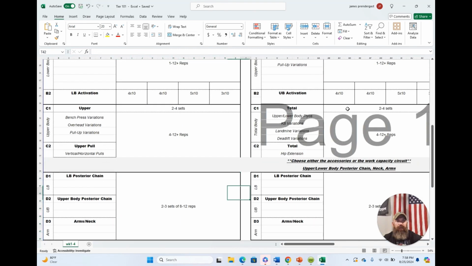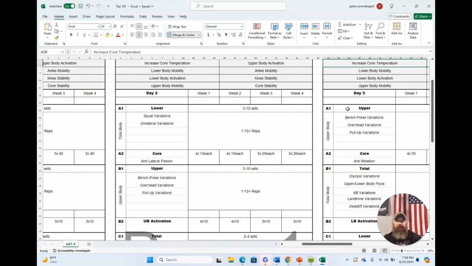So day 2, we are starting at your lower body movement category here. So tier 1 would be lower. So again, this would be your squat variations, your unilateral variations. So most of the time, again, in strength and conditioning, there's no absolute, but most of the time, your tier 1 movements are most likely your foundational big compound movements, probably the movements that you may want to test at the end of a cycle. So most of the time it would be either a front squat or back squat, but that's up to you